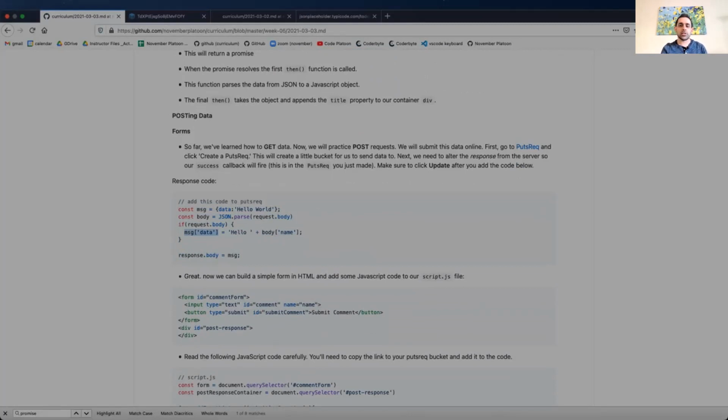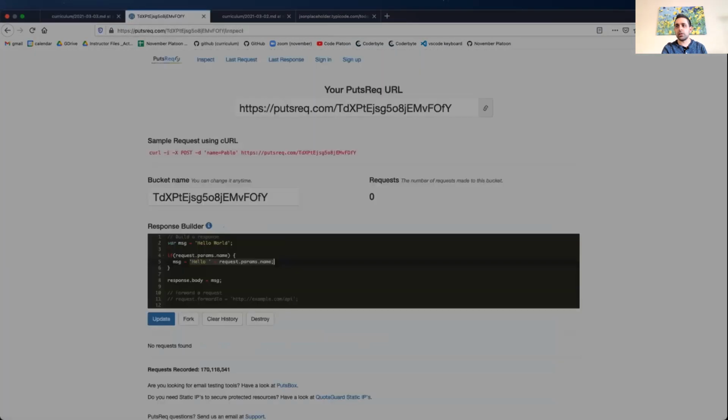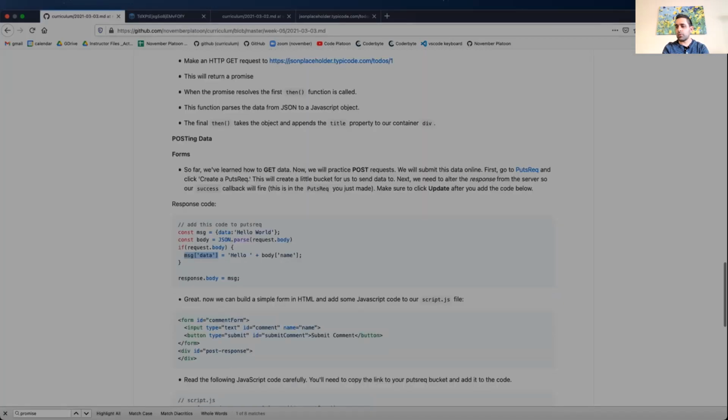So again, this can be an exercise you do in the afternoon or whenever you get time. But this is a little different than GET. GET is just requesting data and reading something. POST is actually sending data and updating something. And then the putsreq website is going to take that data and give you a response from the data you sent it. So if you give it the name of Roger, it should respond with hello Roger with what it has right now. So again, you will take your URL, and then we have more code that we give